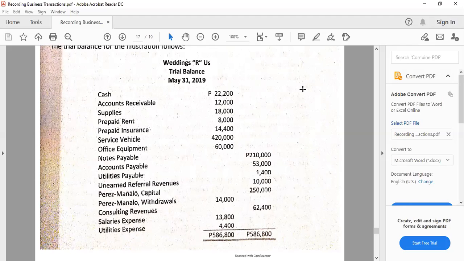And we leave a space here. Then we are going to write, for example, just to improve this one, account titles, debit, credit, and then space. So we would appreciate if we can improve or enhance the heading.